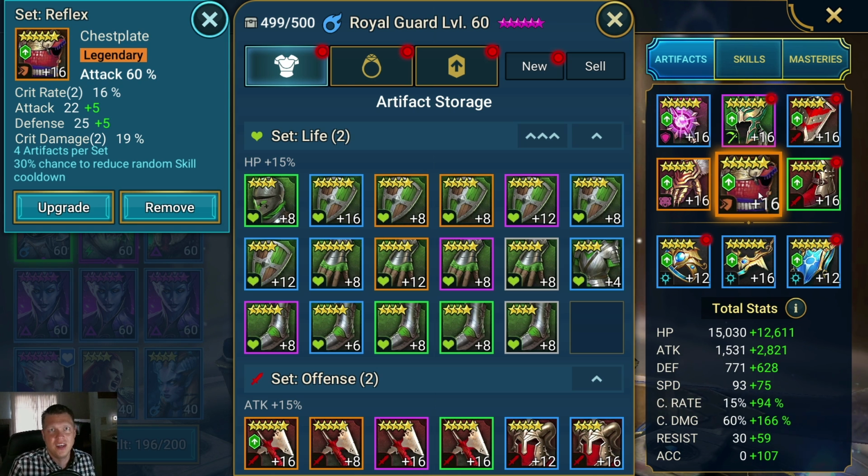Now, obviously, optimally, and in a perfect world, we would want all of our gear perfectly matching and have nice matching sets. But if a piece of gear is godly, don't just not use it because it's not part of a set. If it's going to be on a champion that you're using a lot, get the godly pieces on those champions. So my Royal Guard doesn't have a lot of sets, but I was going